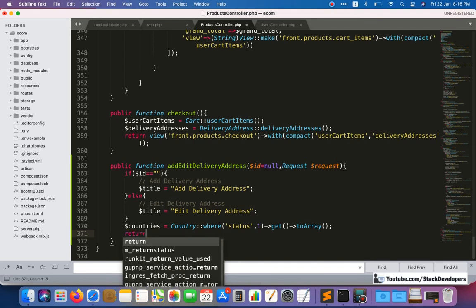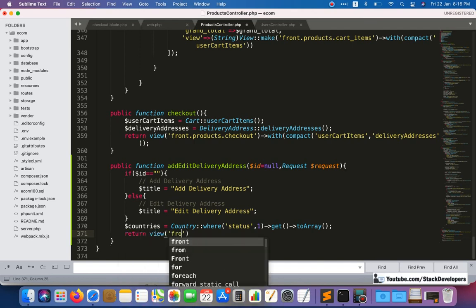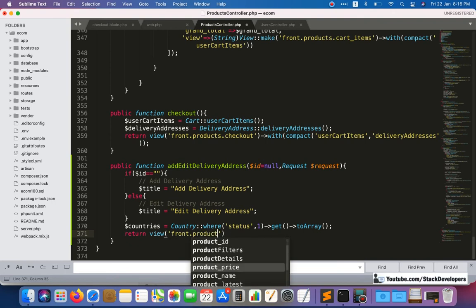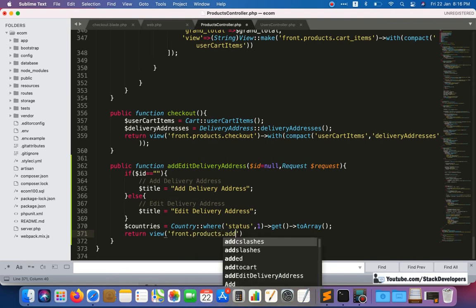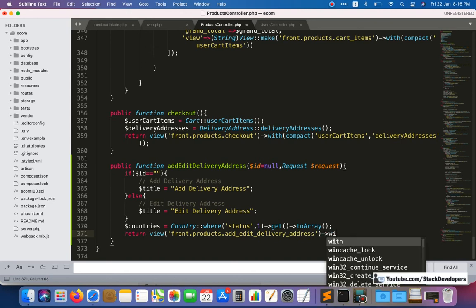So here I will write return view front dot products. In the products folder we are going to create the file add edit delivery address. So this file we are going to create inside the products folder.